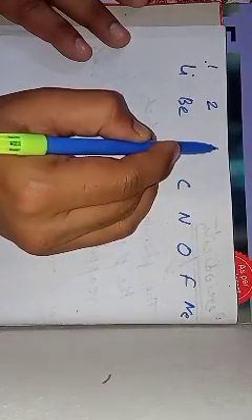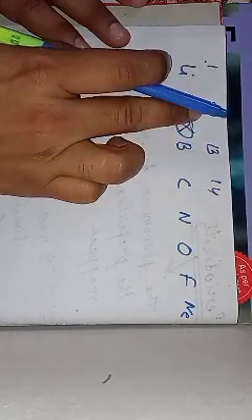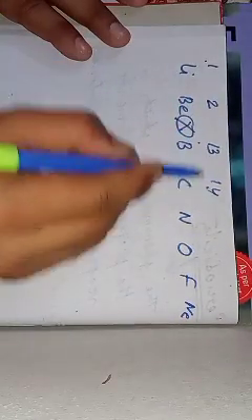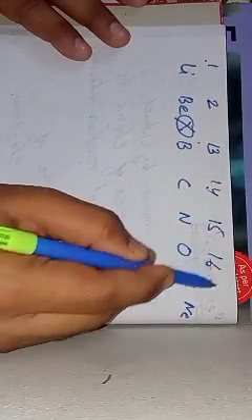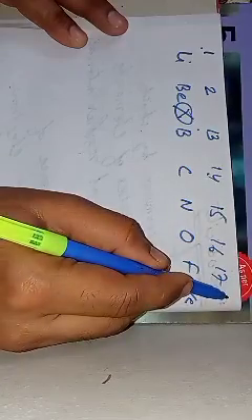So this is the first group, this is the second group, this is the 13th group, this is the 14th, because in the middle we don't have to study, that is not in the syllabus. That is 3 to 12. 13th group, 14th group, this is 15th, this is 16th, this is 17th, and this is the 18th, that is